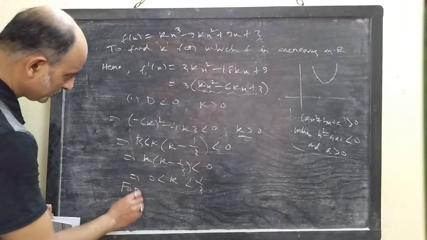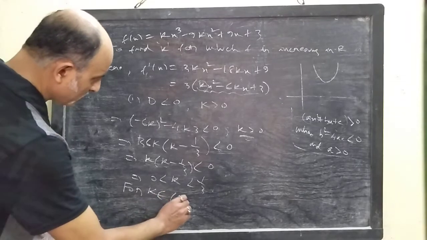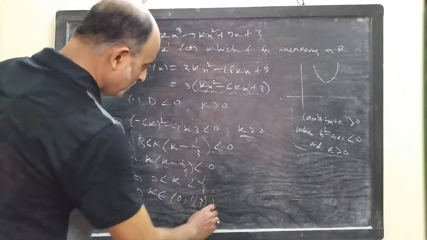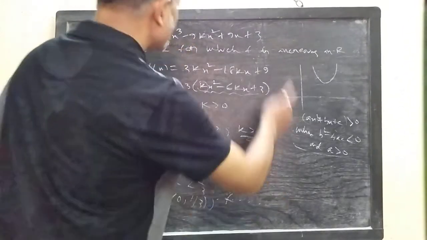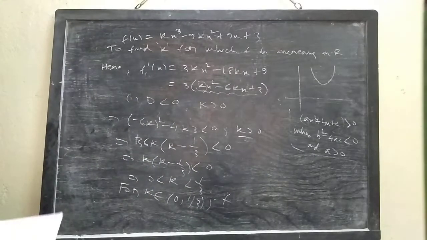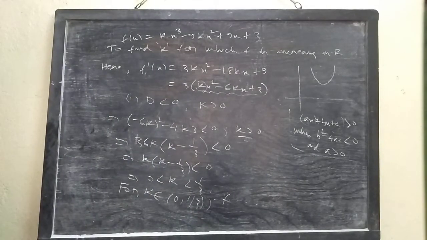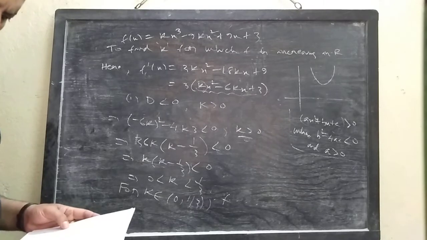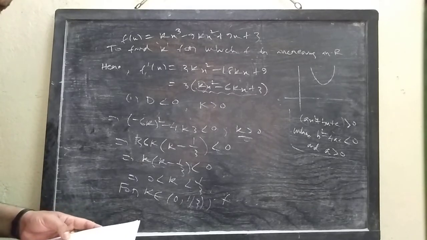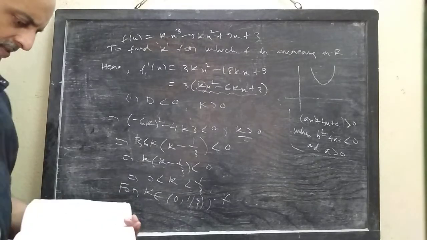So our answer is, for k belongs to open 0 and 1 by 3, f is increasing. Okay, this is a good question. Next,